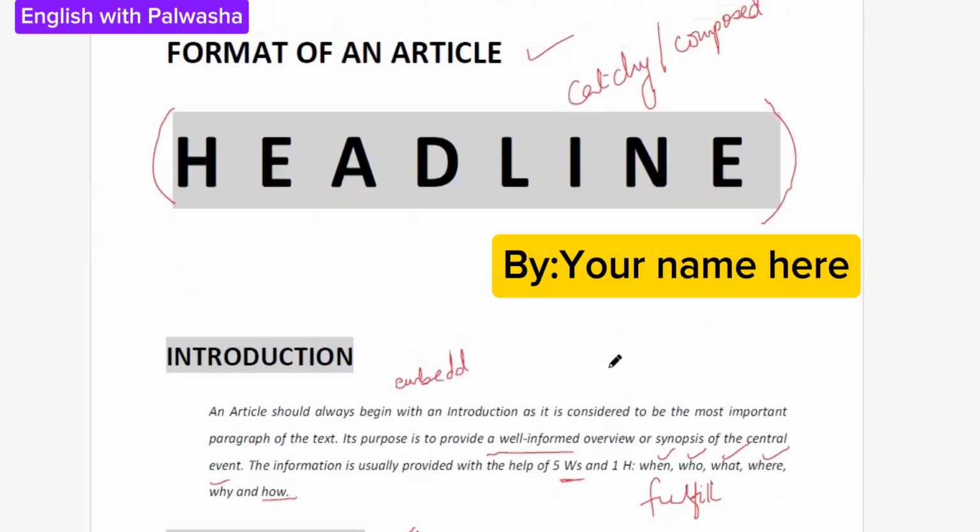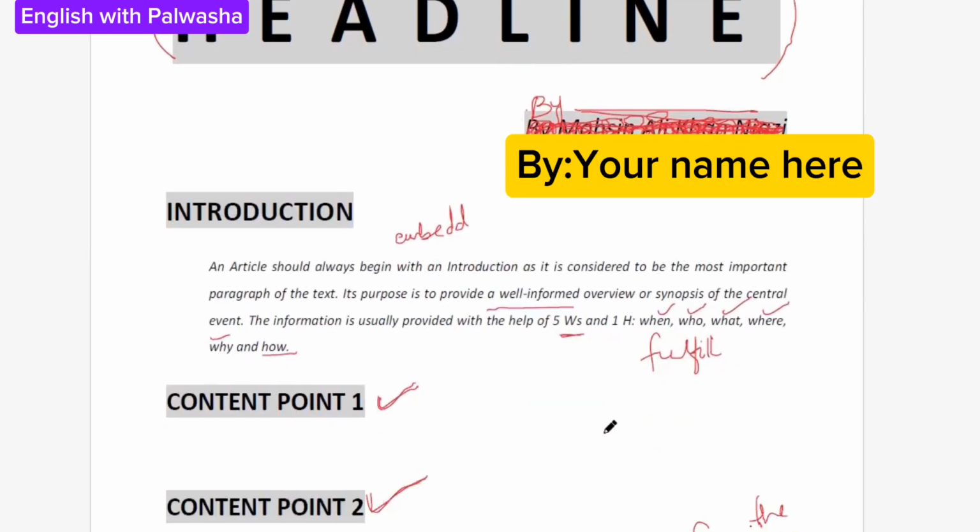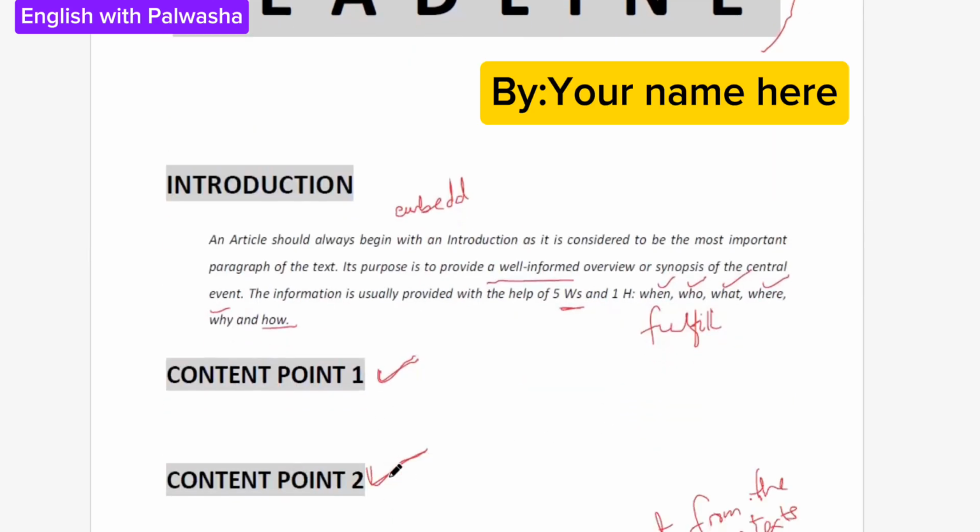All right, my dear students, so this was all from my side. I'm again repeating that there's one headline on the top. Then you have to write by whom, the name of by whom, your name is going to be written here. Then you're going to move towards the introduction. In the introduction, you have to fulfill the 5 W's and 1 H. And after that, you have to follow the two content points.